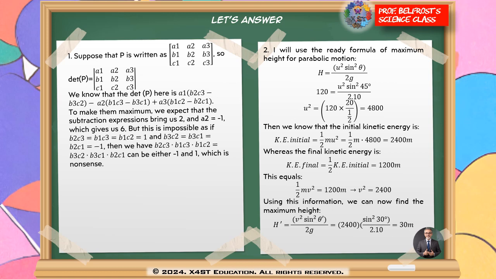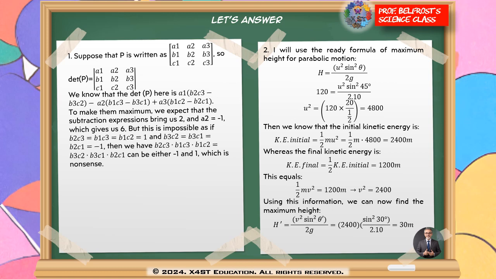So the determinant of P equals a1 times (b2c3 minus b3c2), minus a2 times (b1c3 minus b3c1), plus a3 times (b1c2 minus b2c1). Easy, right? To make this determinant maximum, we may first consider making the subtraction expressions equal to 2, and a2 equals -1, so it will give us 6, but this will lead us to